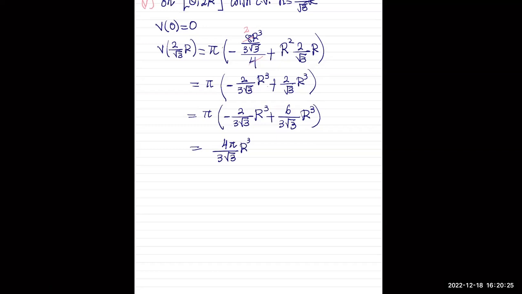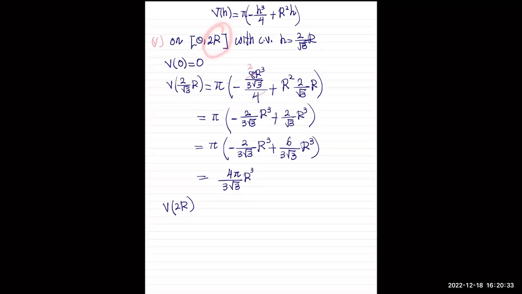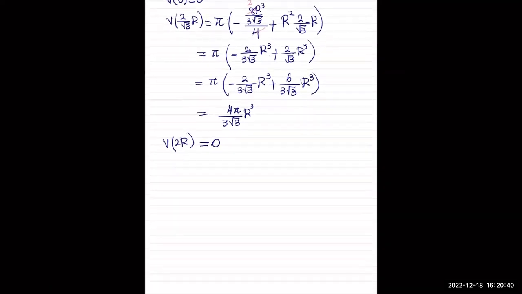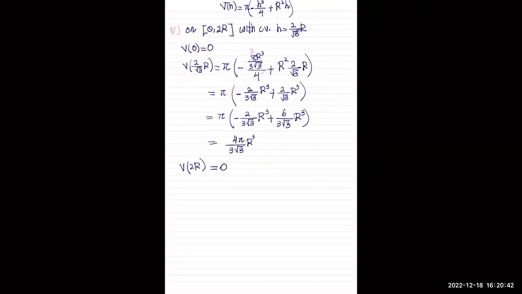Okay, that's the actual volume. And again, if you do v at 2r, which is the right endpoint of the domain, you just get 0. Okay, and that's it. So not only did we find the height, we also found the volume, which I'm not likely